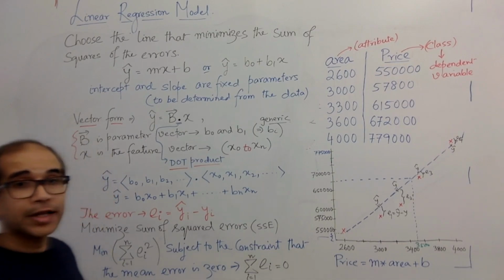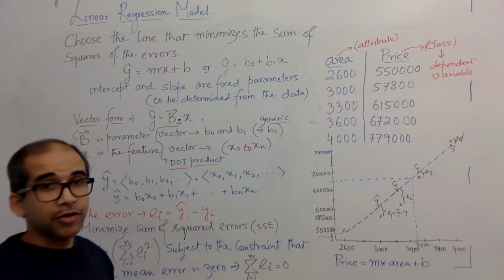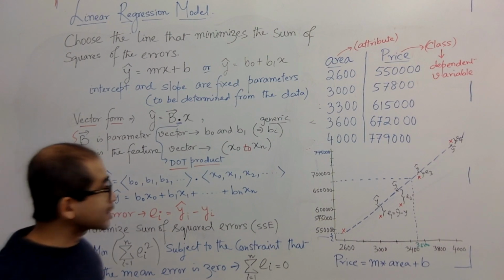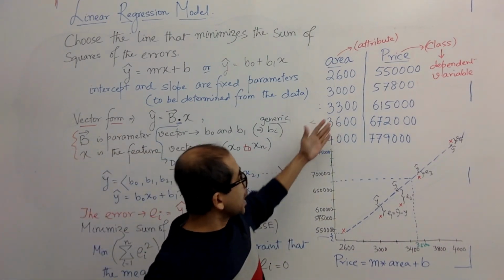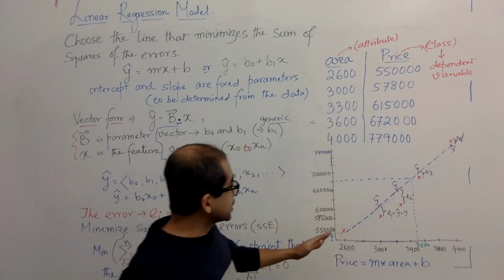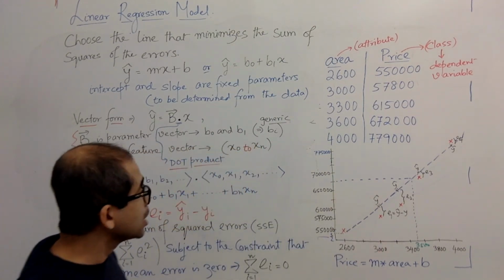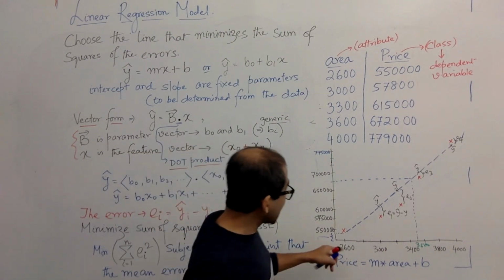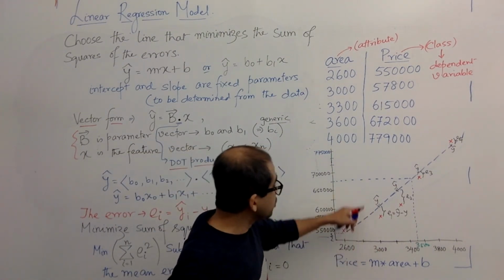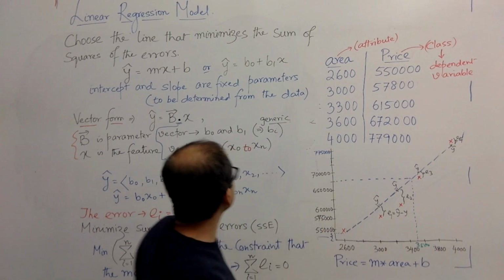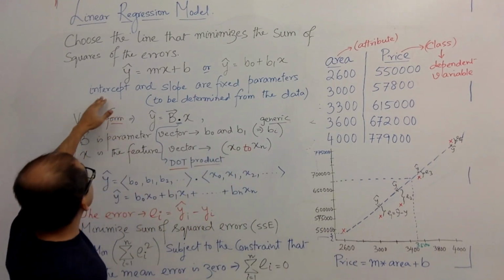See how to find the best line for the linear regression model. As I have already said, from this data, if we plot this graph, we will see that this blue line is the best line, or the linear regression line. Now, how we draw this line is basically from this data we calculate the intercept